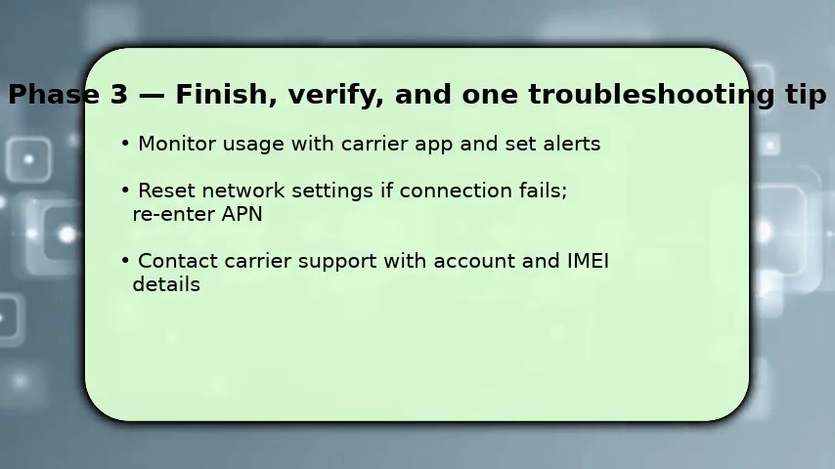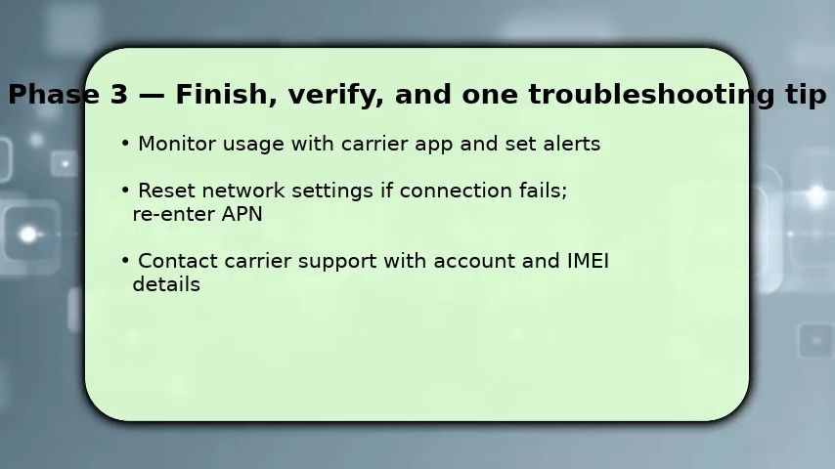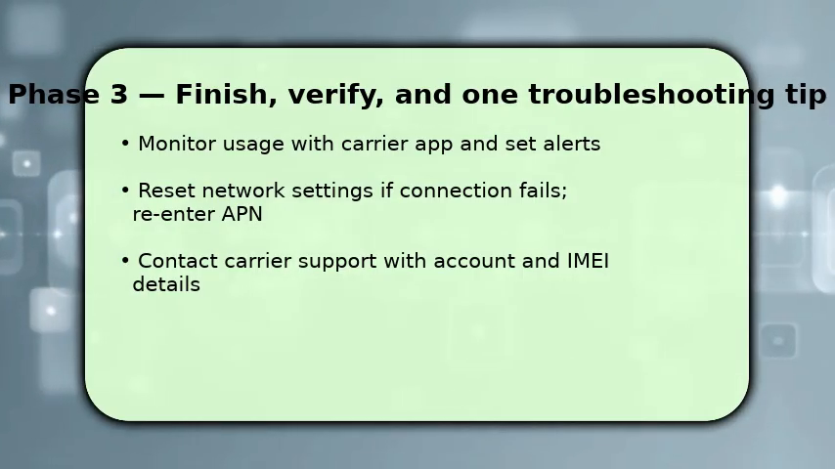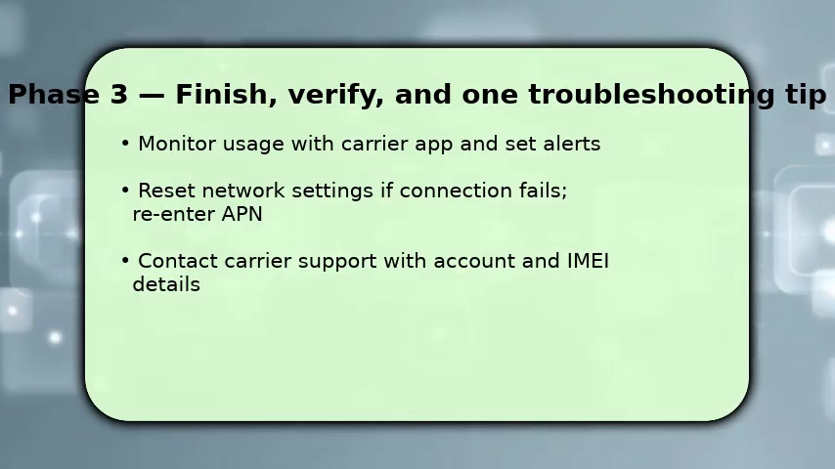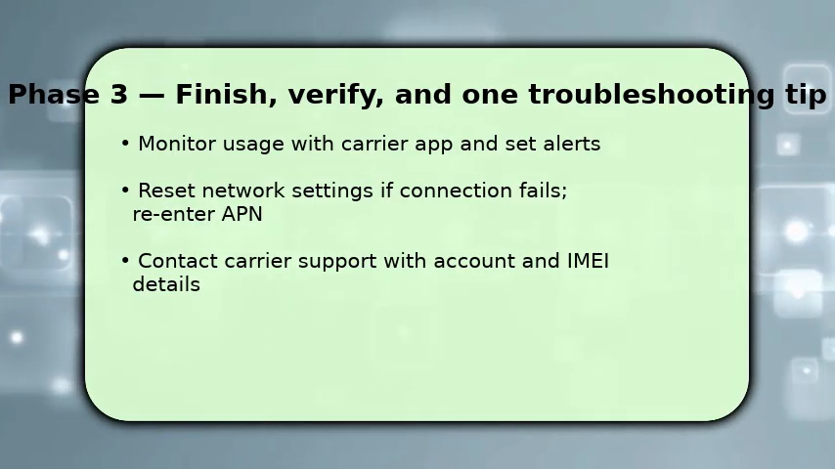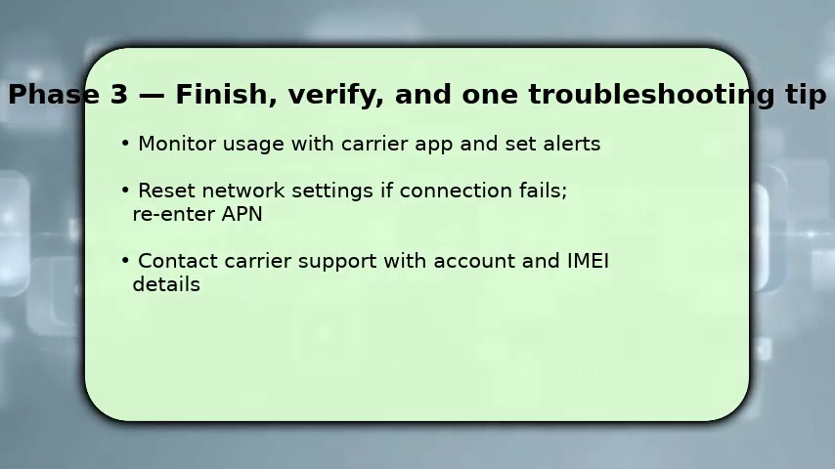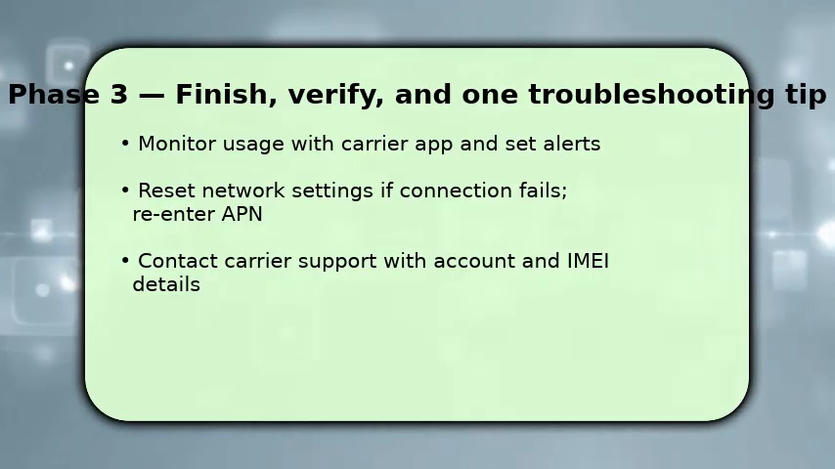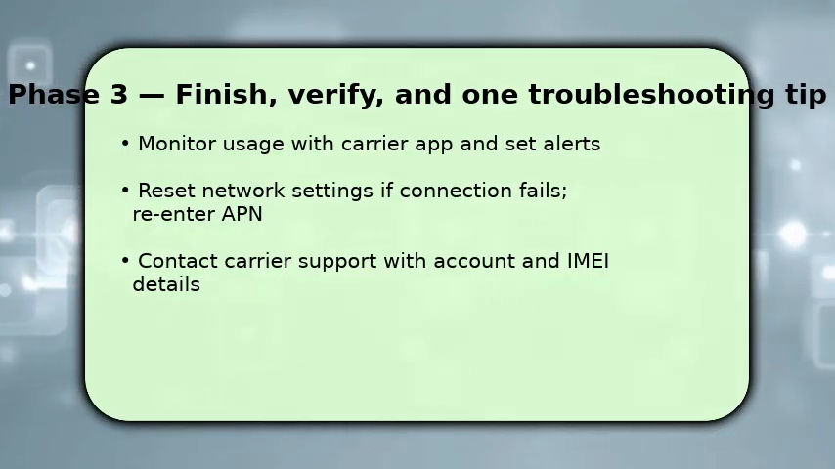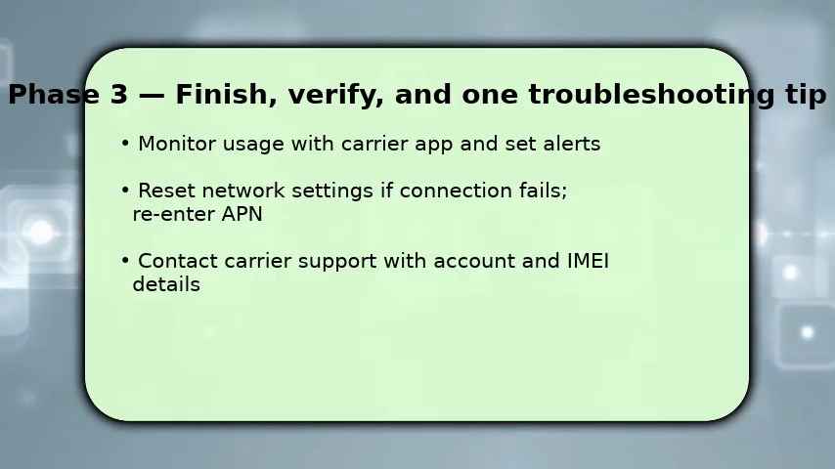If data won't connect, reset network settings and re-enter the APN values. This clears corrupted profiles. Make sure to reboot after changes and confirm tethering is enabled. If problems persist, contact carrier support with your account info and device IMEI so they can check provisioning. Quick tip: if you see no service, toggle airplane mode on and